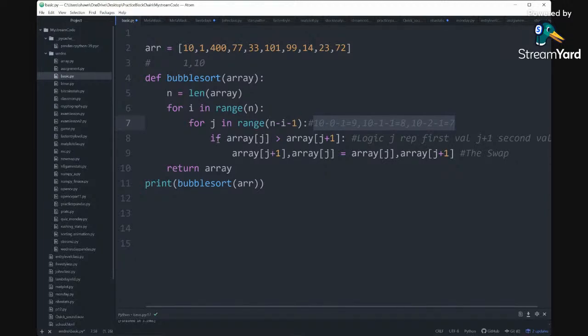So now we're up to the if statement. So we have to be able to create the logic. If statements, that's where you create your logic, what you want a certain function or your program to do. So we create our if statement. So we put if j, which is this formula right here, if array j is greater than array j plus 1, which would be the second value,